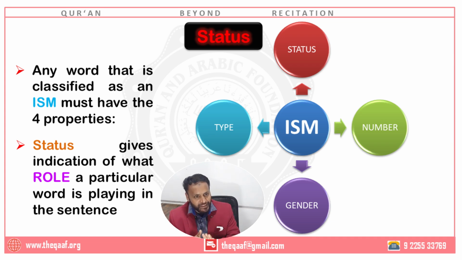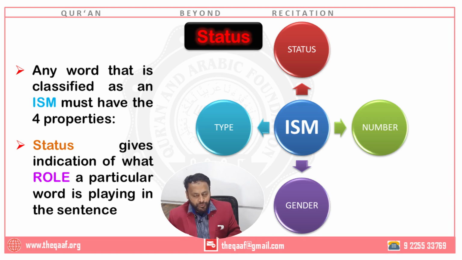Your basics about isms is okay because you are able to take any ism just like what we did just now. All the words were from Qur'an. The words that you saw, they were not from the marketplace. They were from the Qur'an. So if you are able to figure out the status, the number, the gender and shortly inshallah the type, that's it. That's the basic of the isms. You have understood it. There's nothing more to it.